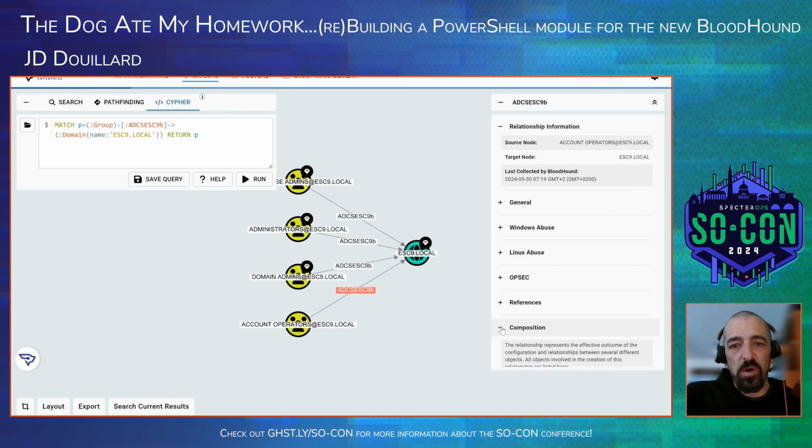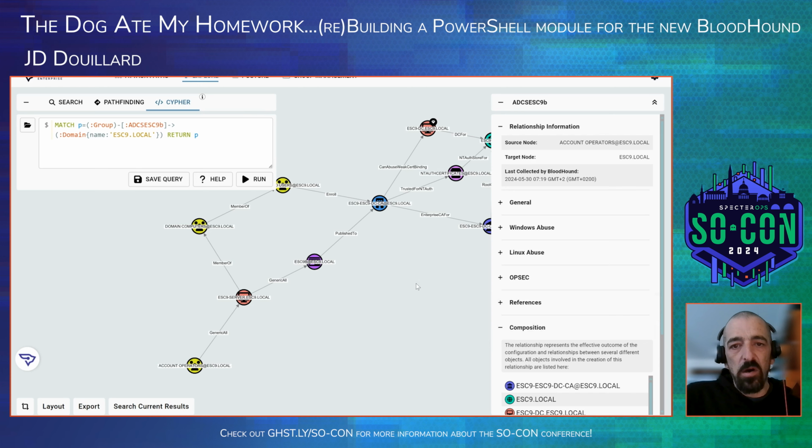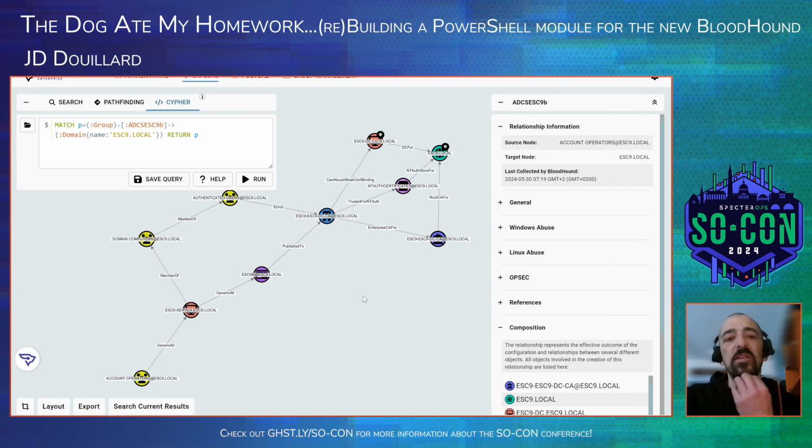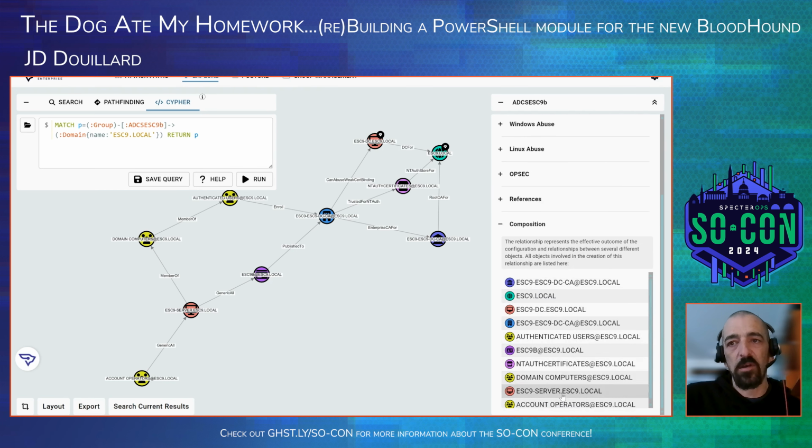And this will show you actually all the, how do you say, settings and configuration that lead to this constructed ESC9 edge, right? And you do see you need all this, and all these nodes are involved in this calculation. So here in